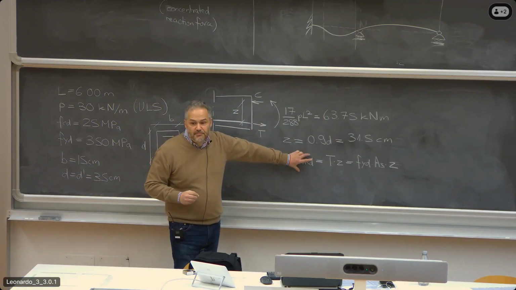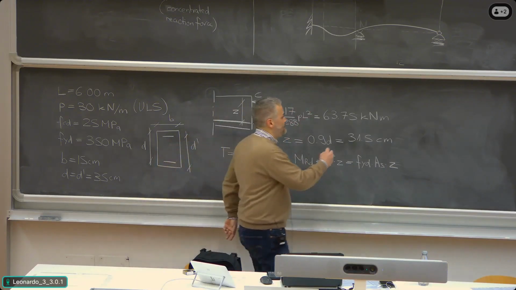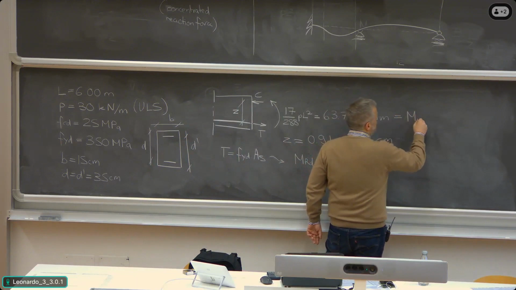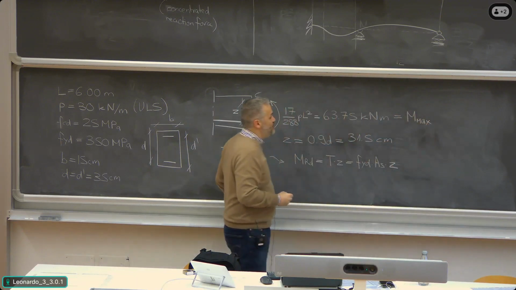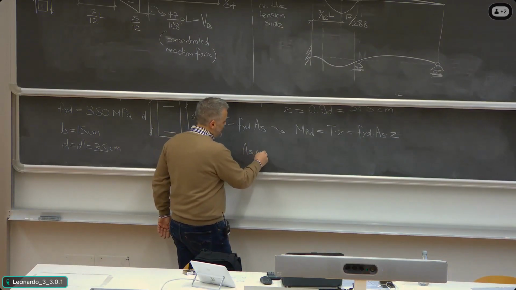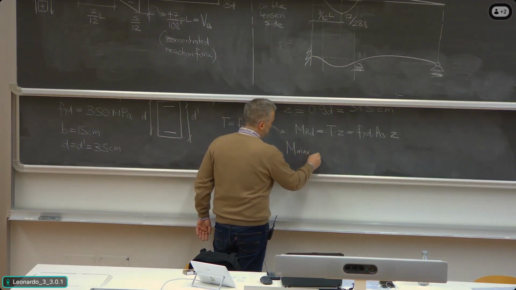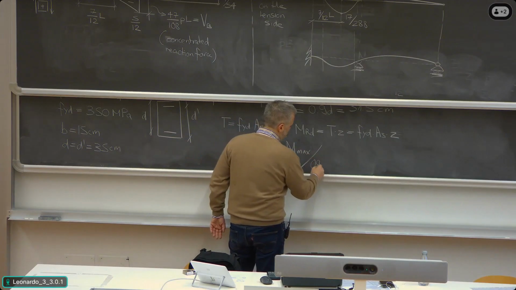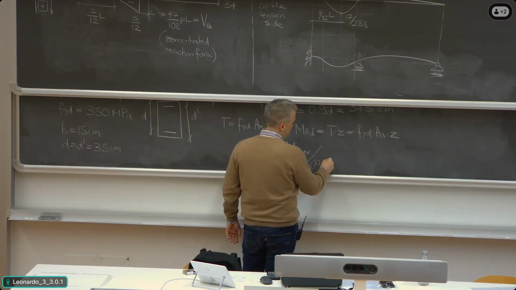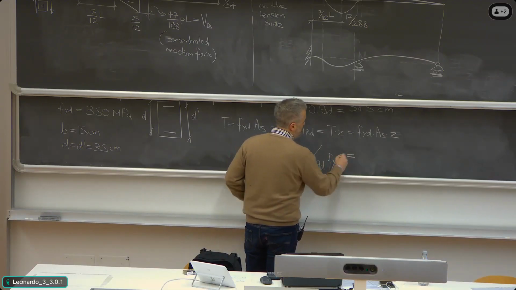By setting the resisting bending moment exactly equal to the acting bending moment, which is this one, we get what we need. So the minimum amount of area. So call this M max, maximum bending moment acting. The minimum area of steel is equal to what? Maximum bending moment divided by 0.9d, which is the z value, times fyd, equal to,